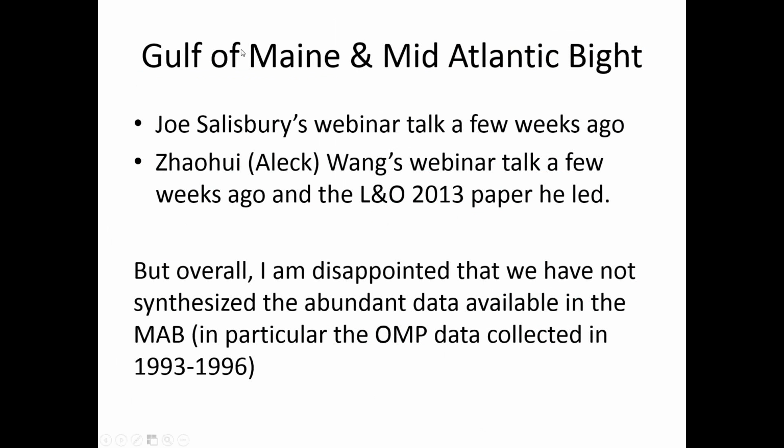Then come down south a little, we have the Gulf of Maine and the Mid-Atlantic Bight. And I'm sure Joe Salisbury and Alex Wang covered some of this in their talk, so you can listen to their talk and read the paper led by Alex.